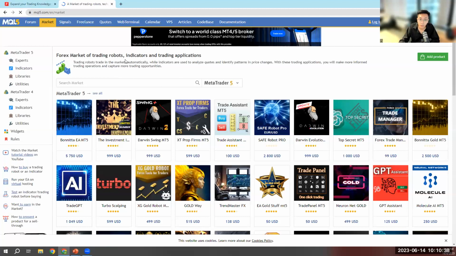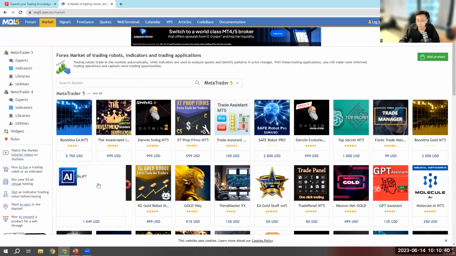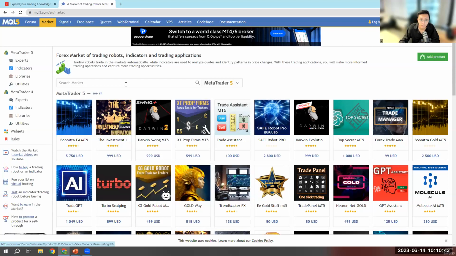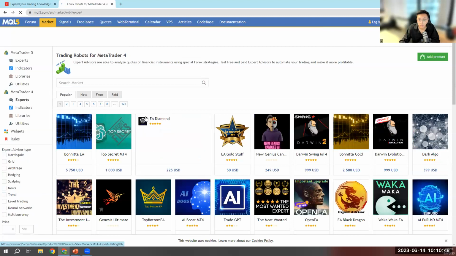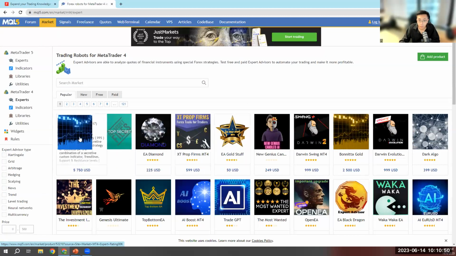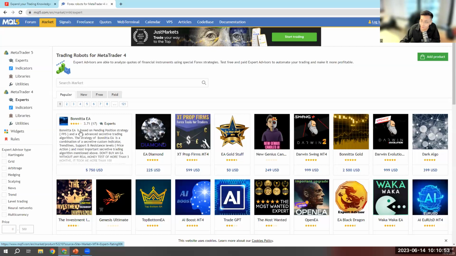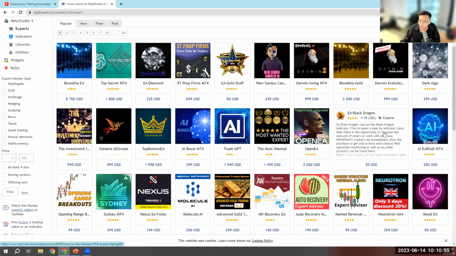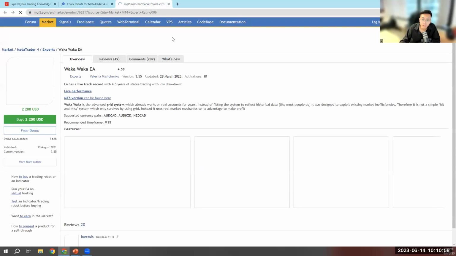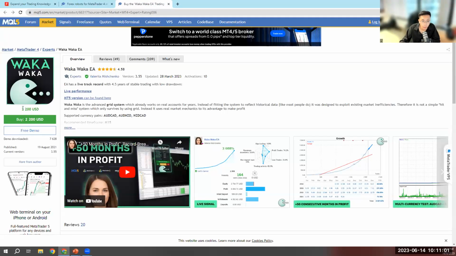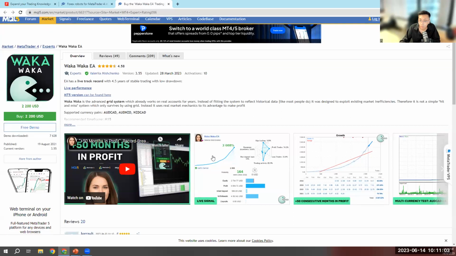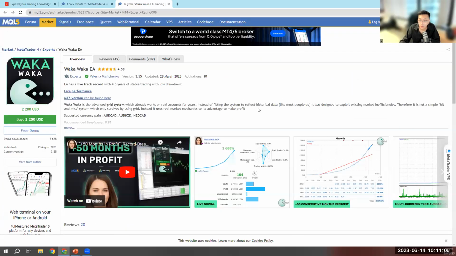Okay, as we can see from here, the market will show different trading strategies, EAs. So let's say we are looking for experts. For example, one of these EAs is very expensive. Let's take this EA as an example. Even though it's 2.2K USD, this EA is relatively popular in the market, and I've seen people that have used this EA or similar EAs to gain a profit.